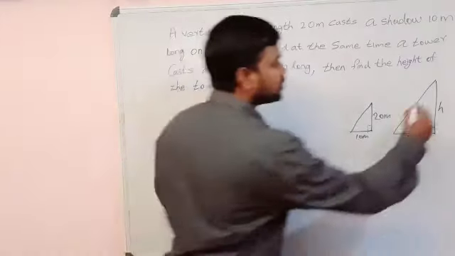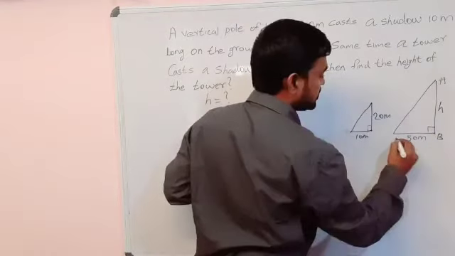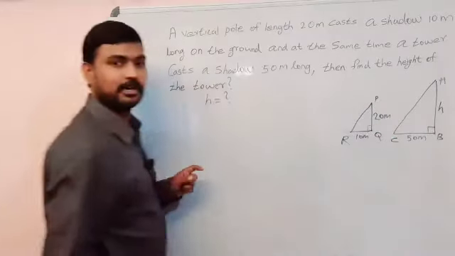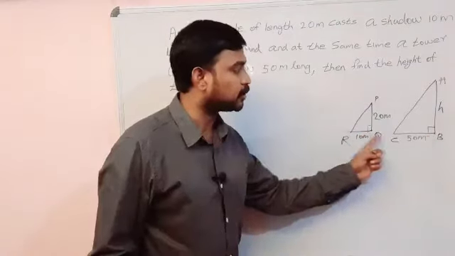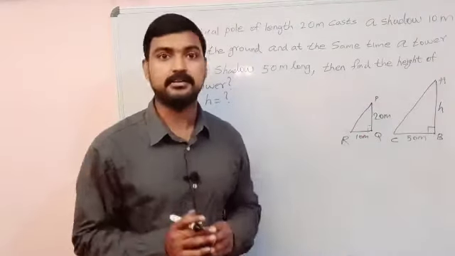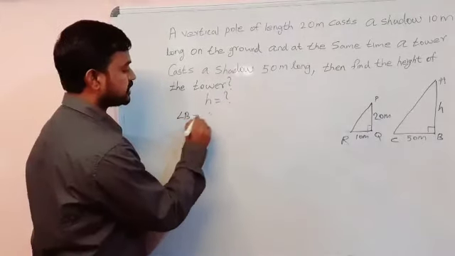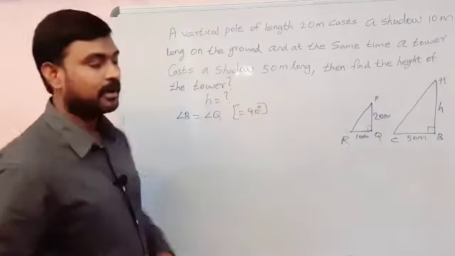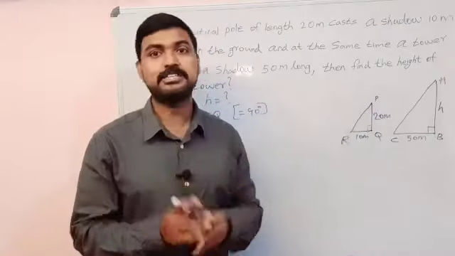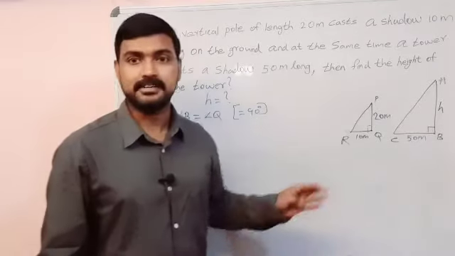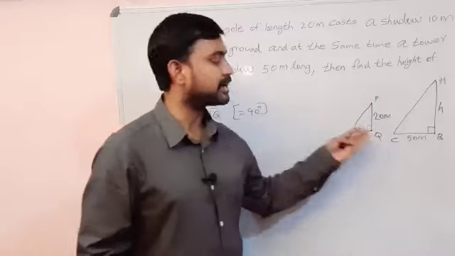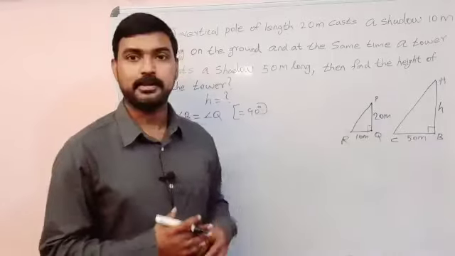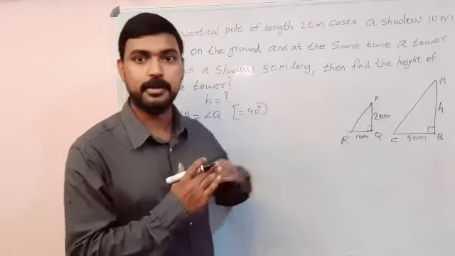First of all, we can give the name A, B, C to this triangle, and the second triangle we name P, Q, R. Now as we discussed, we can say this angle Q and angle B are right angles. So we can write angle B is equal to angle Q because they are equal to 90 degrees. Because this is a pole which is standing vertically. Similarly, the tower stands vertically. So those two lines make 90 degrees with the plane, that means the horizontal line. The horizontal line is the ground, which is a plain ground.